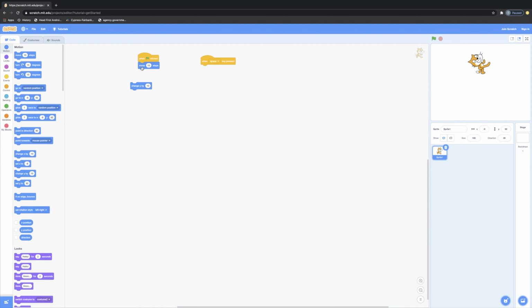Likewise, the change Y command can only move up or down. Straight up or straight down. Never anywhere else. Straight up or straight down. Now, set X. If I set X to a number, now